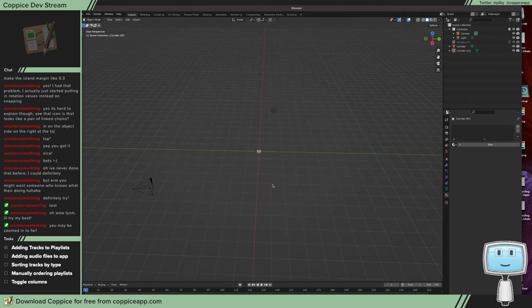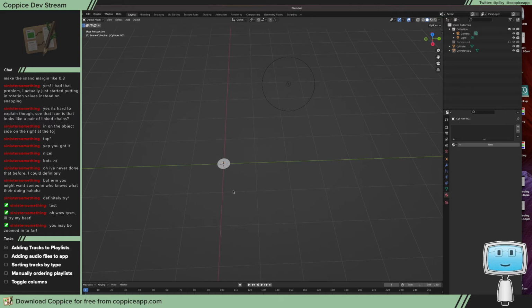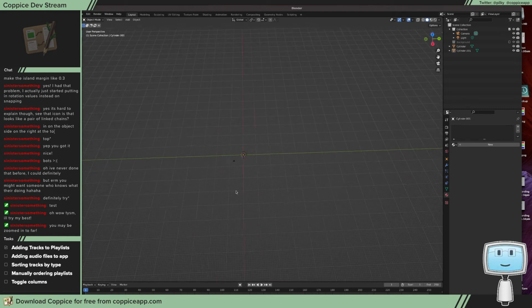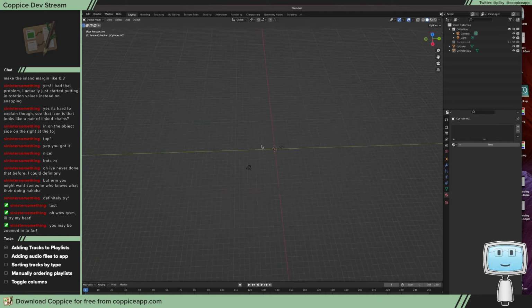Why, when you zoom in, does it make it so that you can't pan? That seems like the inverse of what you need. It's like you zoom out and you can pan loads, but if you zoom in,